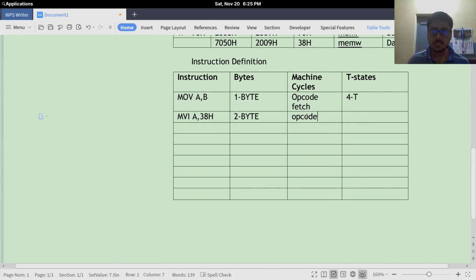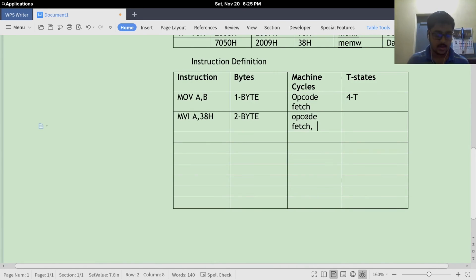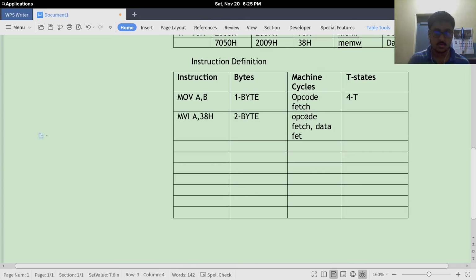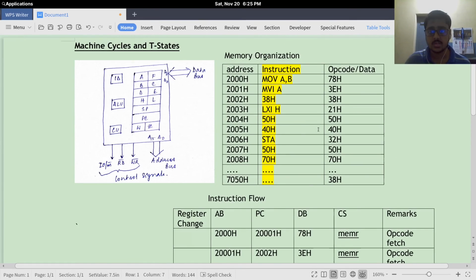For the opcode fetch we have seen we needed 4 T states, plus for the data fetch we are avoiding one step.